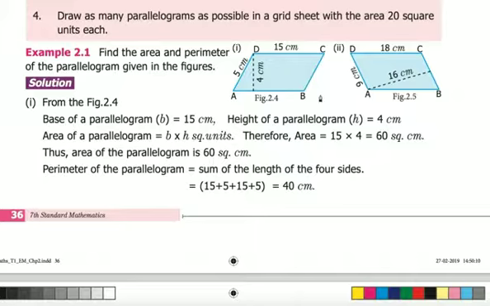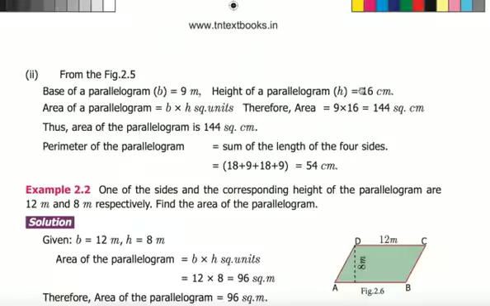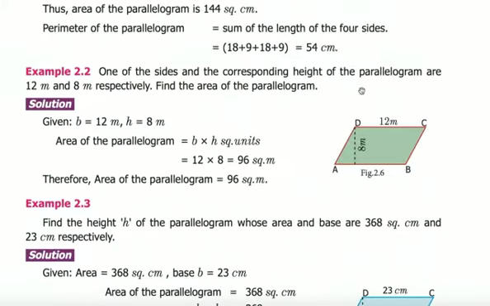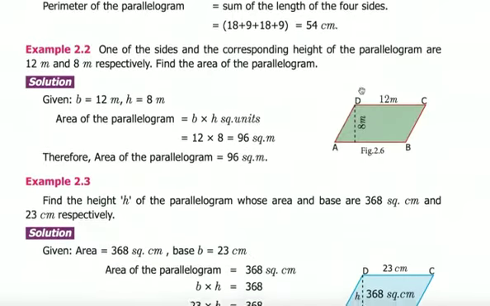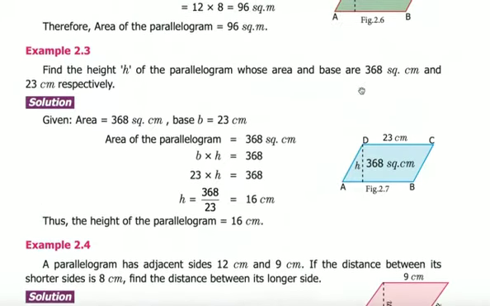This triangle you have to take. Yeah, right. You have to take this diagonal. ACB is one triangle, ACD is another triangle. Okay, that is how you have to solve it. Second is a very simple example. Third one is